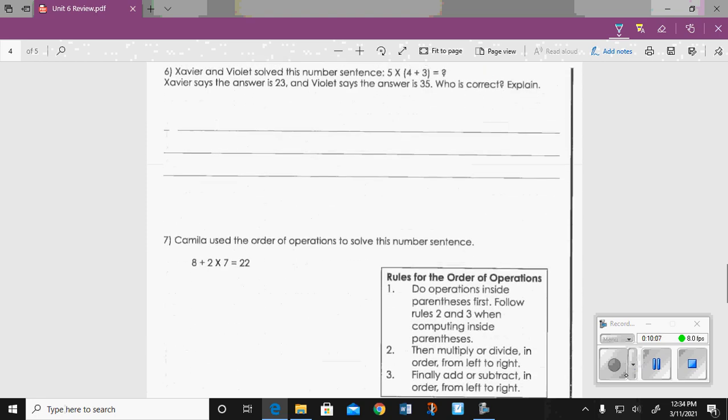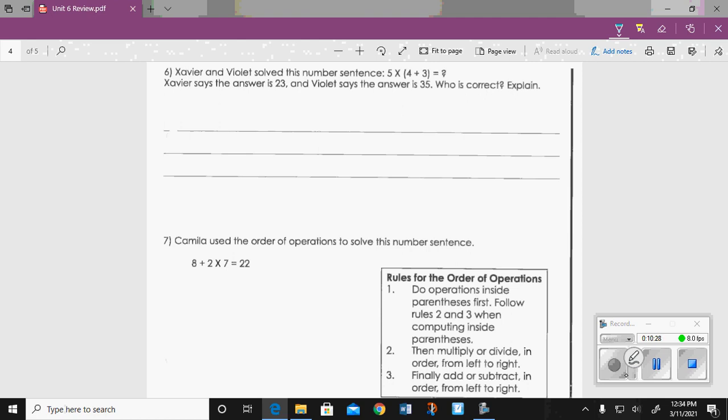All right, number 6. Xavier and Violet solve this number sentence. 5 times 4 plus 3 equals question mark. Xavier says the answer is 23, and Violet says the answer is 35. Who is correct? Well, let's go back. Remember